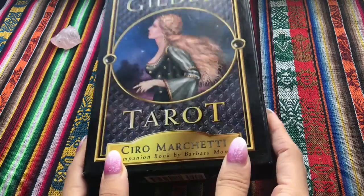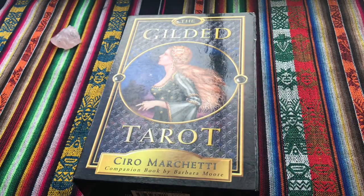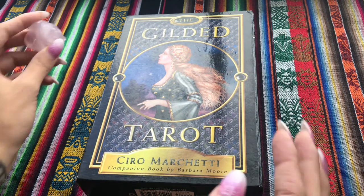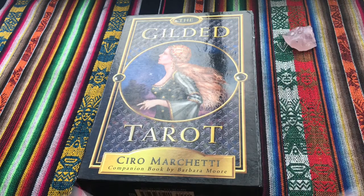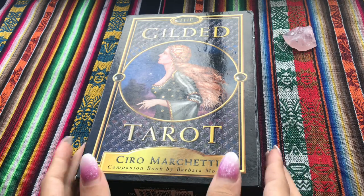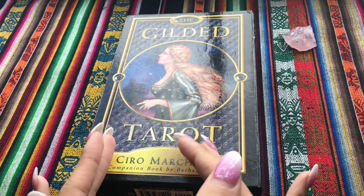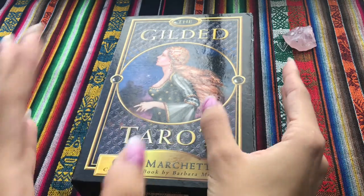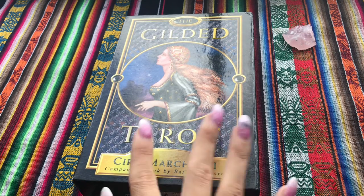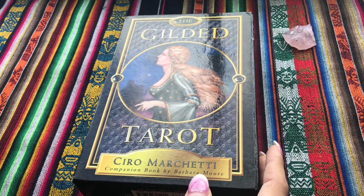I was using the traditional Rider-Waite tarot deck, and one of the metaphysical shop owners suggested that I switch up the deck I'm using because Rider-Waite can be very patriarchal. So I decided to take her advice, and she recommended this one because she knows that I love astrology. At first, I was not a big fan, just because I was looking at the artwork and it wasn't tickling me. But the more that I use this, it's so astrologically weaved and influenced,